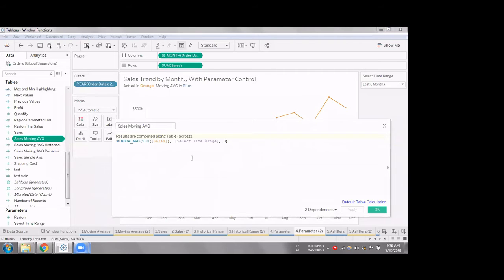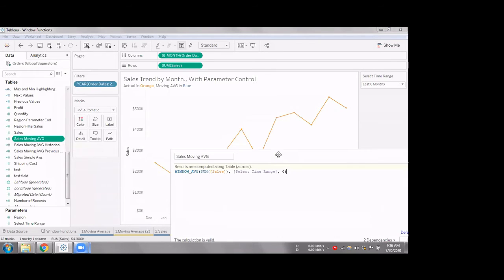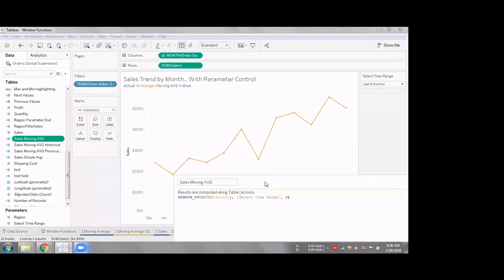Average edit. So what I'll do is window average. I know I have to get the average at a window level, and my window average should work on this particular field, sum of sales, and my window is defined from the parameter value that I give and the current value. So for example, when I select last 6 months, this value will automatically be updated to -6. So it will take an average from my last 6 months to the current time.